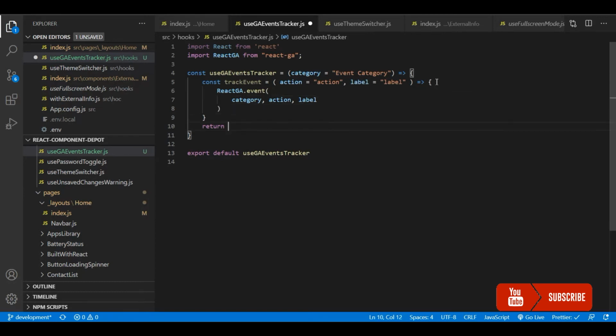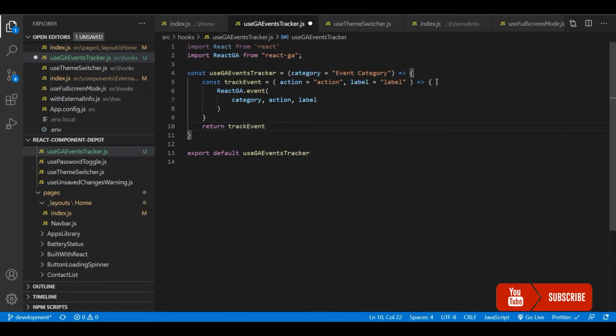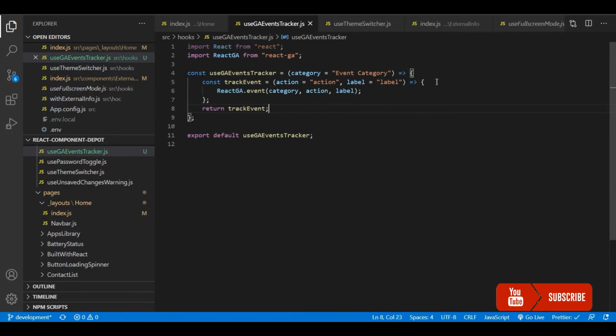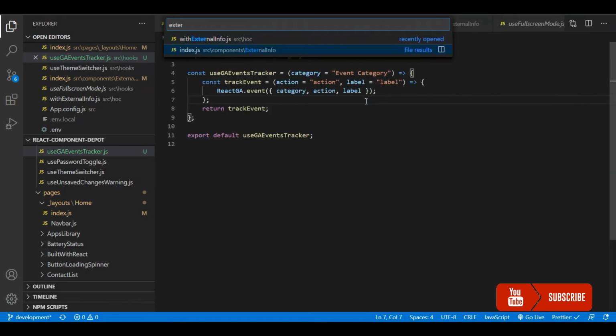And then we will return this trackEvent function as a callback. So wherever we want, we will just call this trackEvent function. Later, if you want to add more functionality, you can add it to this. Actually, this should be an object. The parameter should be an object. If you want to add more functionality, you can add it inside the hook. That's why I've chosen a hook.